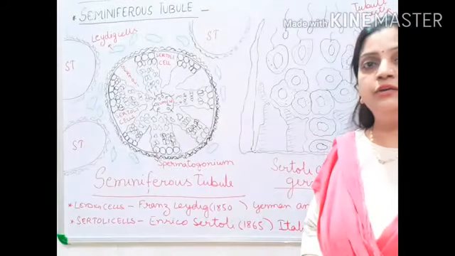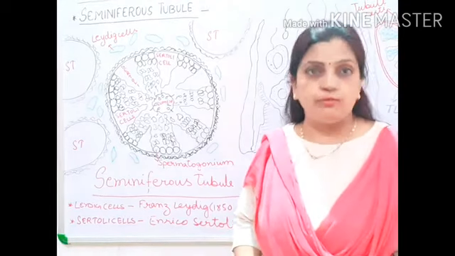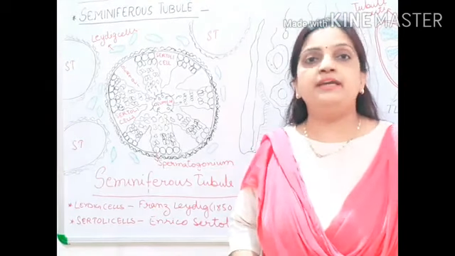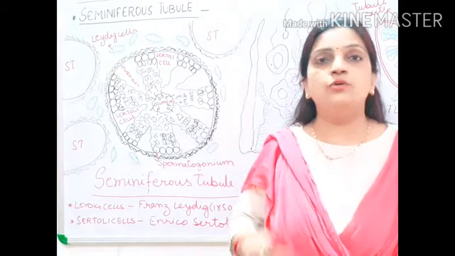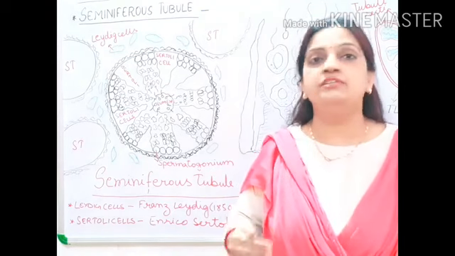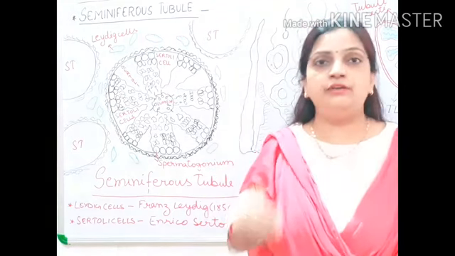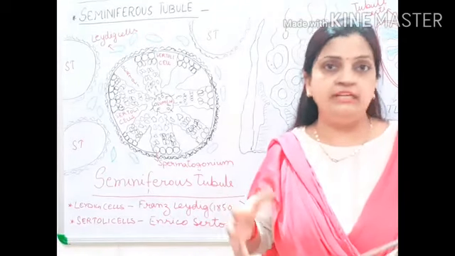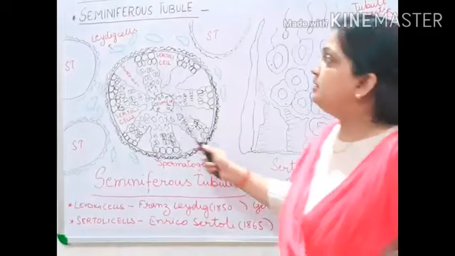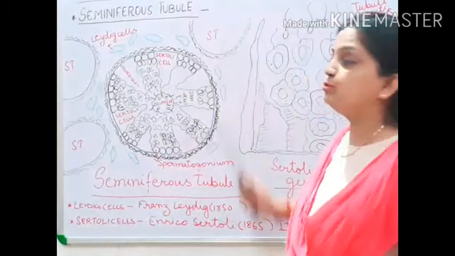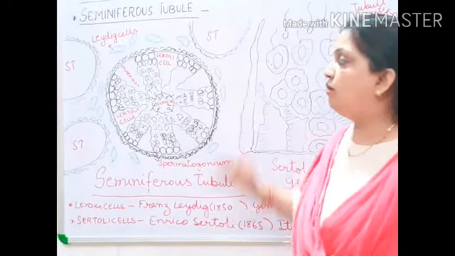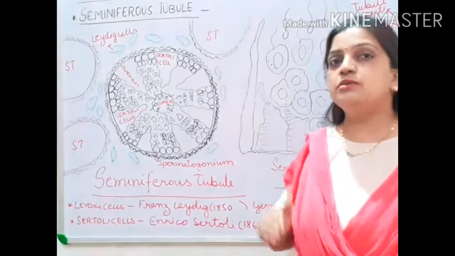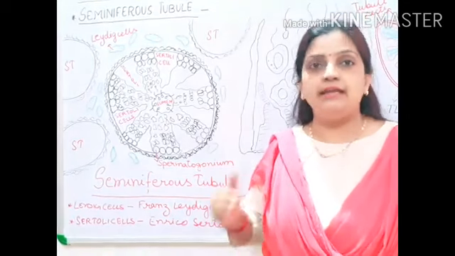Franz Leydig was a German anatomist. Anatomist means he was a scientist who was studying the anatomy of the internal structures. Anatomy means to study the internal structure of any organ, of any part. So this seminiferous tubule, the internal structure of this seminiferous tubule was studied by Franz